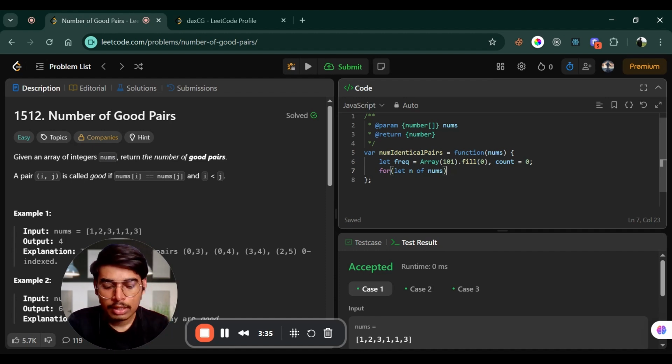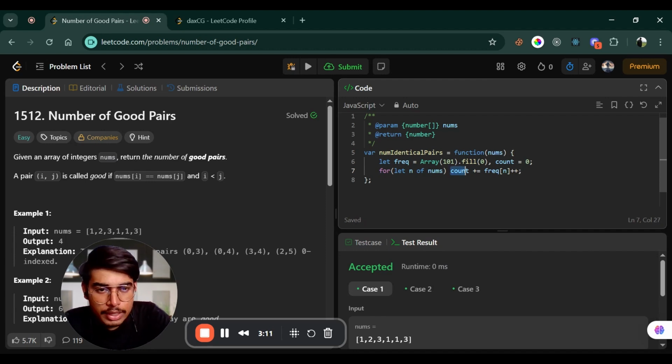Then we're using a simple one line solution, so we don't need curly brackets. Then count plus equal to frequency of n plus plus. So count has the value of frequency of n. If count is equal to frequency of n plus plus, then it will basically increase count's value. Then again, the for loop is completed in one line, then we use a return